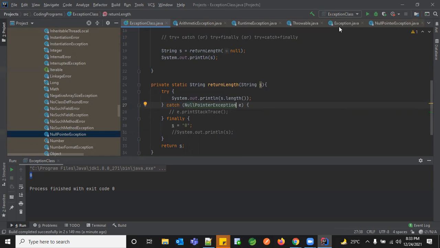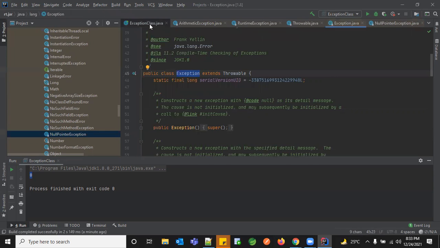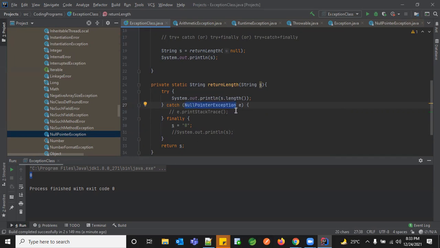What if I use Exception as my top class? Any kind of exceptions apart from null pointer, any exceptions on top of that in the hierarchy, everything will be suppressed in that particular flow, and you will not be able to triage that issue if you do not have a proper error handling system. So it's always better to have the stack trace in the initial phase of development to understand what the error is. And if you're not getting the null pointer exception and you're getting some other exception, then you'll be able to handle that as part of this exception.